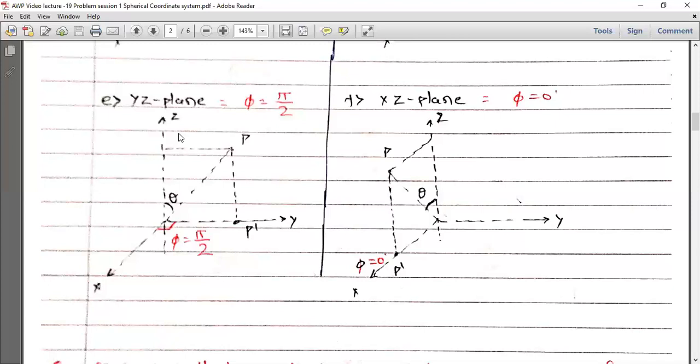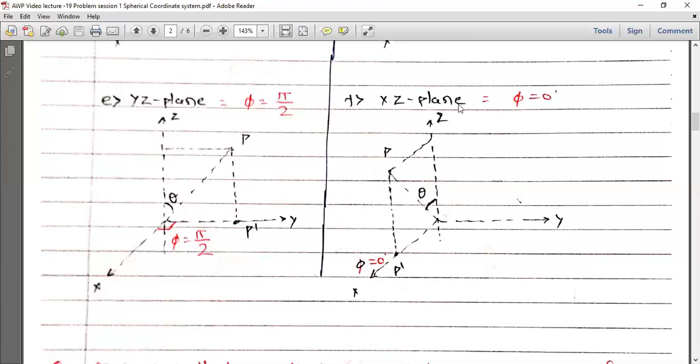And similarly, for the last expression here, the XZ plane, we consider the point P to be in the XZ plane itself, as you can see here. Again, this point P can be in the front part of this XZ plane or the backside, from positive X to negative X and from positive Z to negative Z. If point P is lying in an area such that X always remains positive, then the projection of point P on the XY plane will always be on the positive X axis. So P dash will always be on the positive X axis.